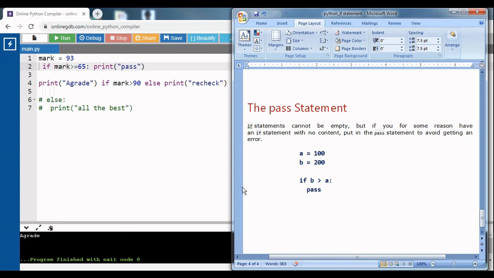Okay, let's see that. If statements cannot be empty. If for some reason we have an if statement with no content, then the pass statement can be used to avoid that error. So that's the use of pass here.